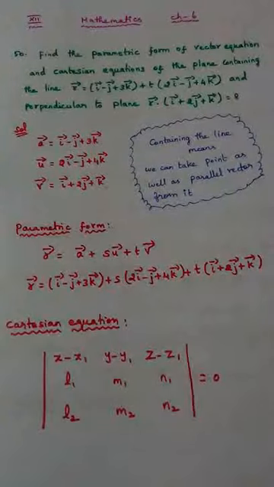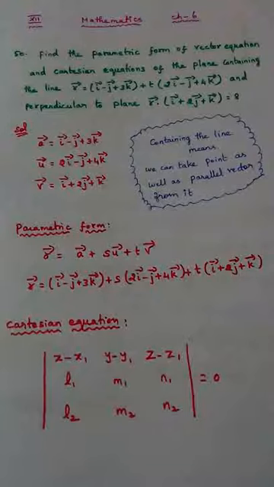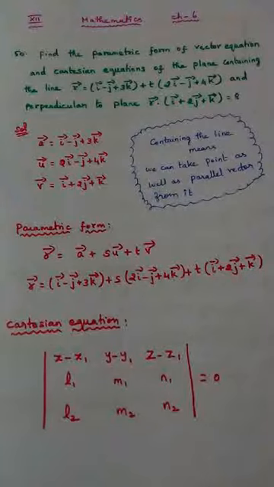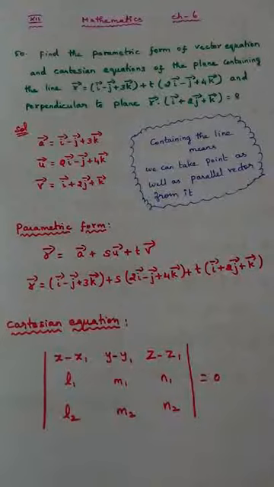To be precise, we discussed three things. The first one is equation of a plane passing through a point and parallel to two vectors. Second one, equation of a plane passing through 2 points and parallel to one vector. And the final one is equation of plane passing through 3 non-collinear points. And under each heading, we discussed 3 formulas: parametric equation, non-parametric equation, Cartesian equation.